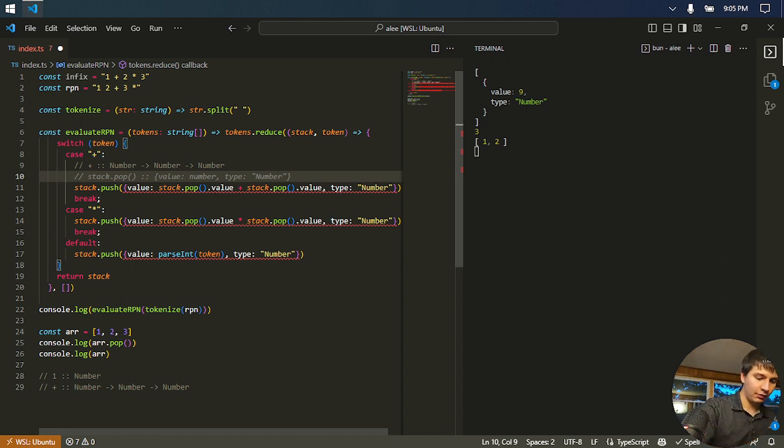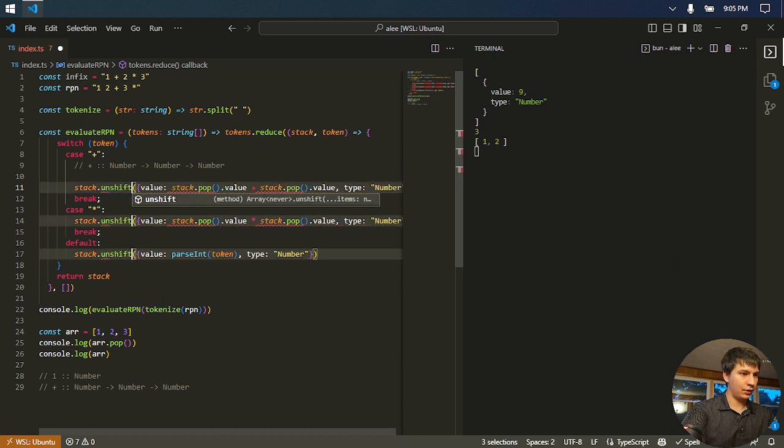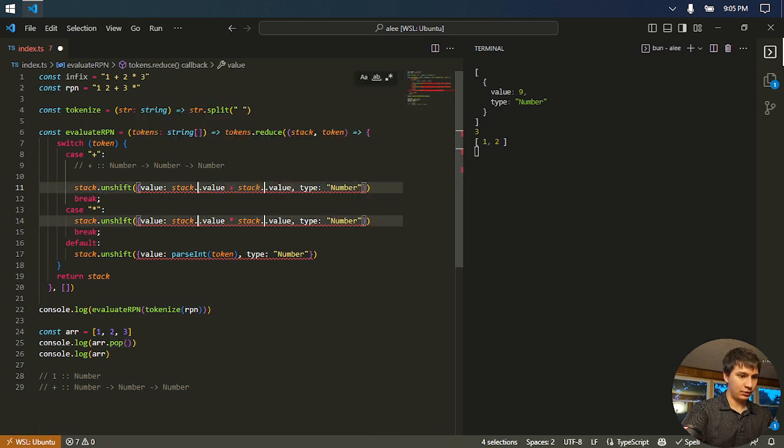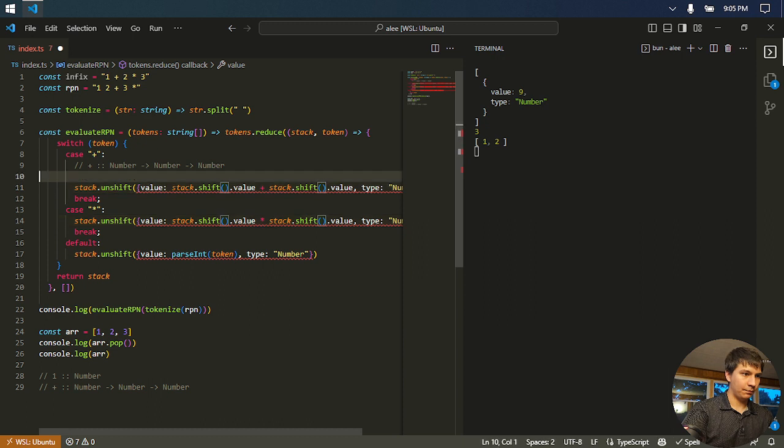Again, we're going to be really naive with this. We're just going to say grab. I am going to switch this back to the unshift version. Unshift, and wherever we see pop, we're going to do shift. Okay. So now we're just going to say if we're going to say